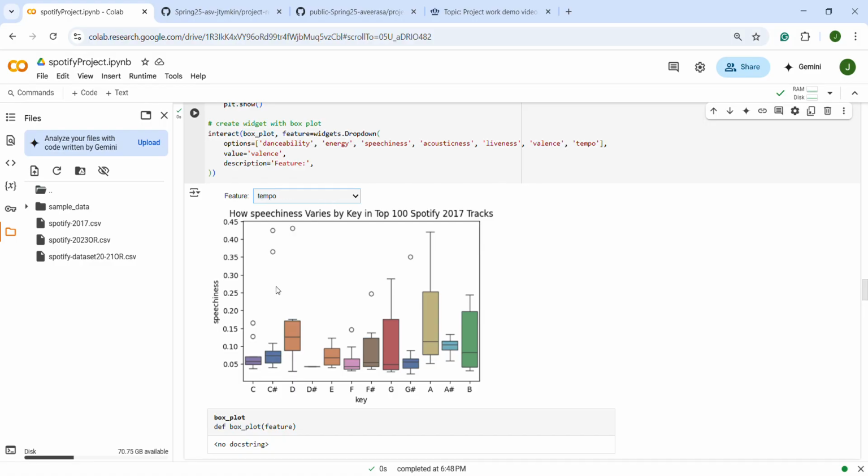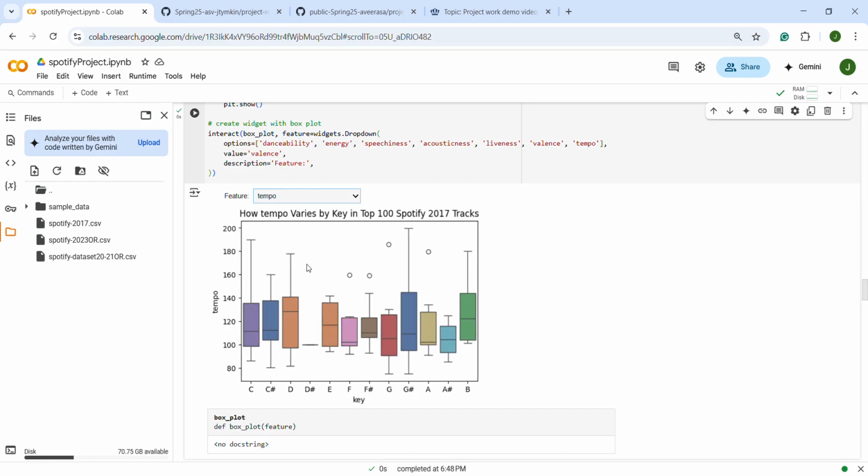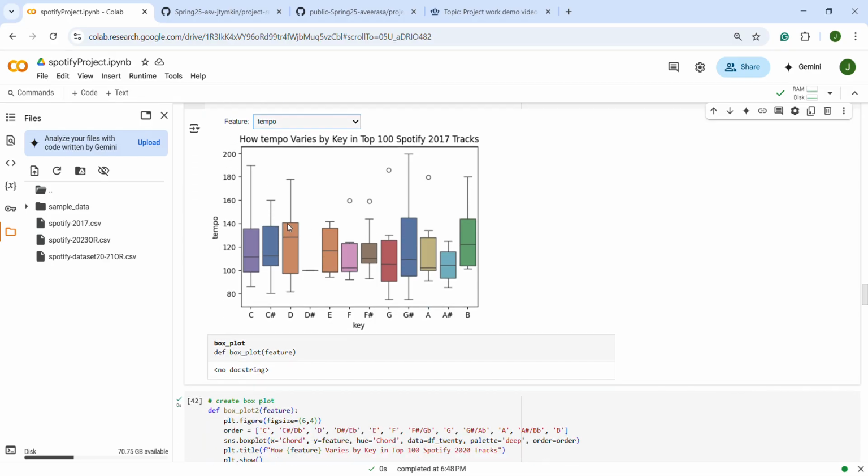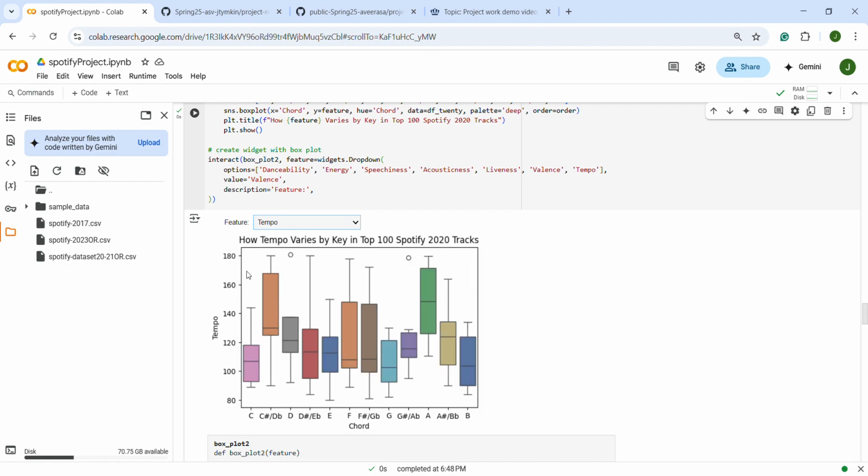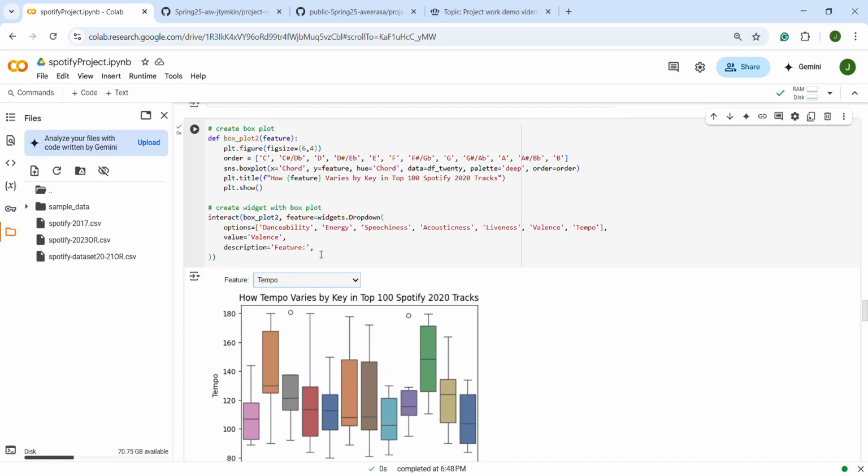I thought the really interesting thing here was looking at tempo. Usually a song is between 80 and 140 beats per minute, so this kind of lines up, and there's obviously some outliers with popular songs. But the funny thing was, in 2020, there were a lot of really popular, high tempo songs. I don't know what happened in 2020, but it's pretty funny.